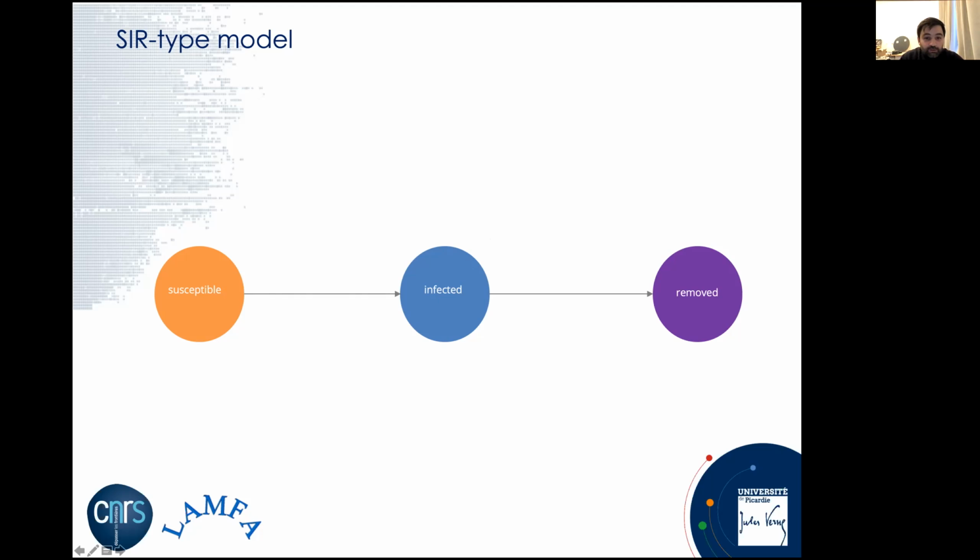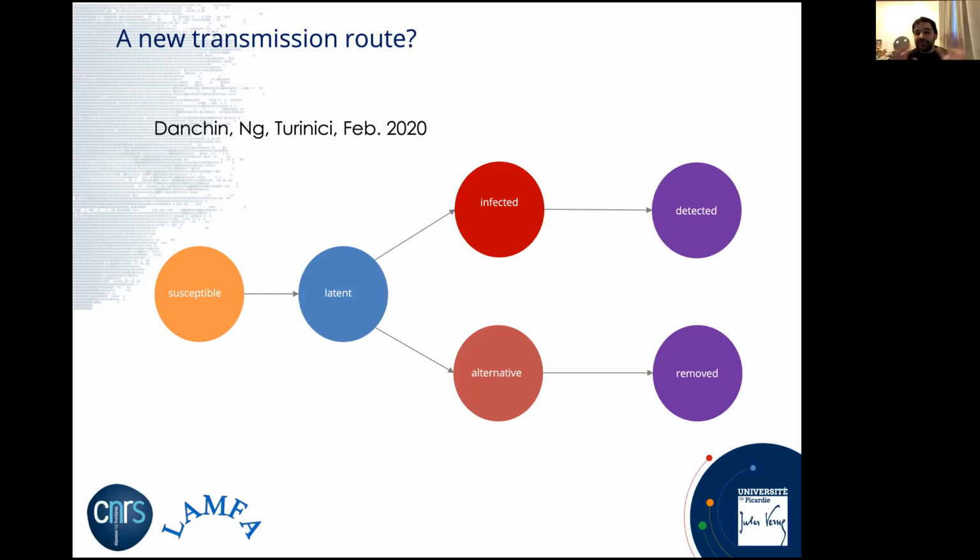So there are so many papers, I didn't read everything. I have read a lot of papers, but certainly not everything. One of the first papers I think was very interesting was in February, so very early, from Danchin and his collaborators, who were saying that